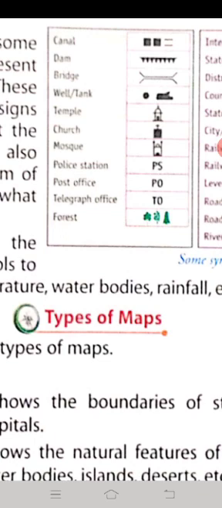Very simple chapter, easy to understand, dear students. What you have to do is make these symbols in your notebook, dear students. This is your homework, a small kind of assignment. You have to make the symbols in your notebook, on the left hand side. The SST notebook has one side plain and one side ruled. And on the left hand side you make this